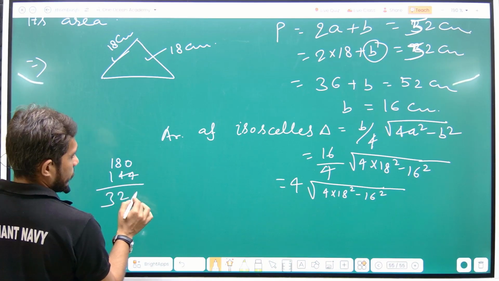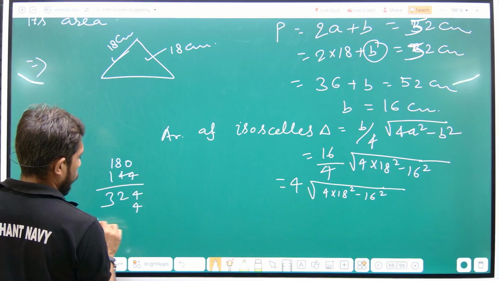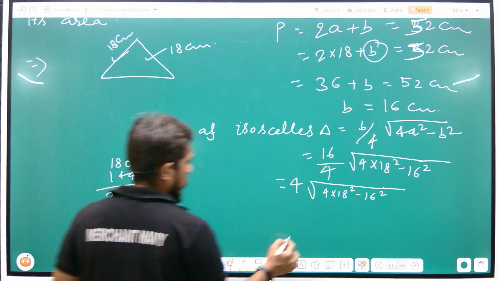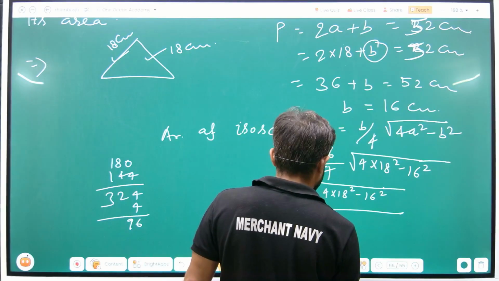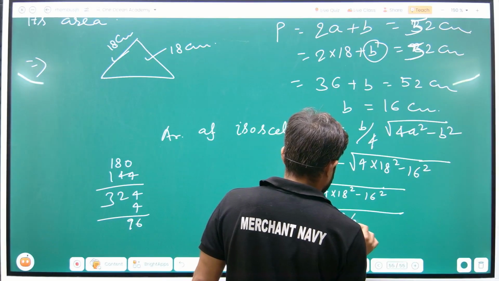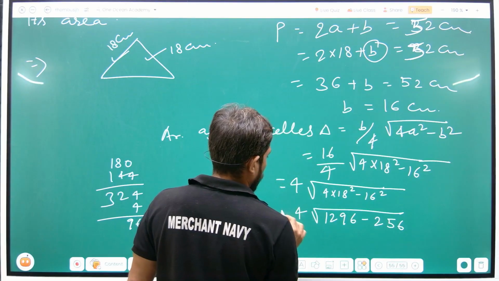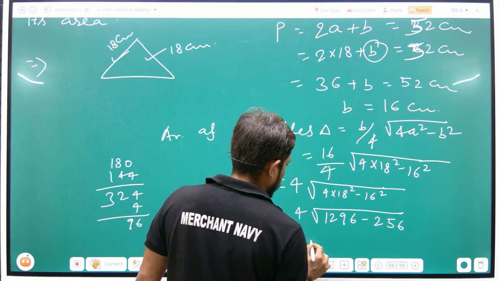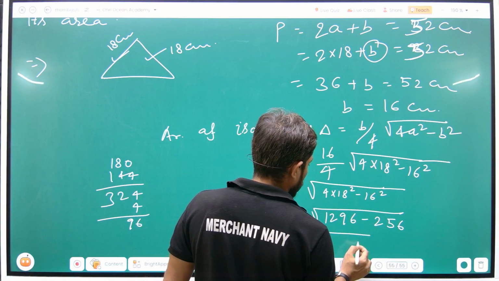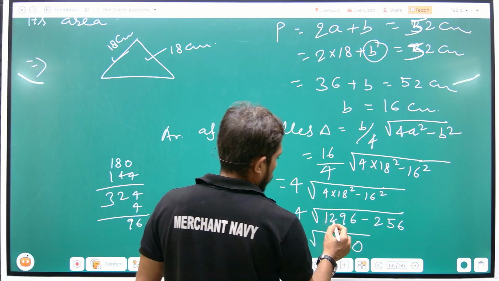Now on calculating the value, 144, I think this becomes 224 into 4, 96 root under minus 256 of 4. So 4 root under 0 and